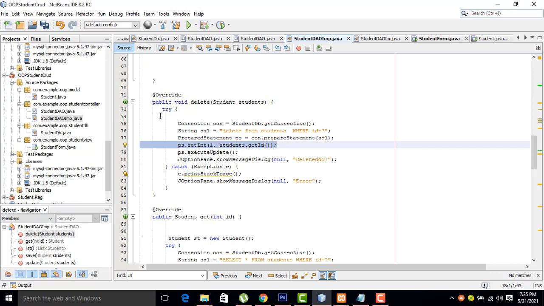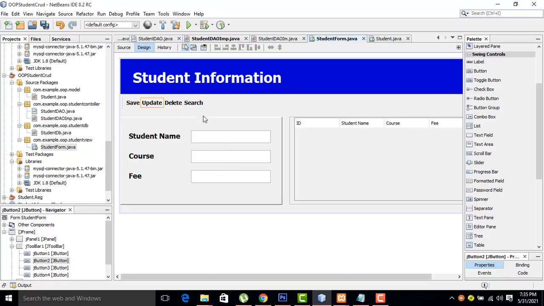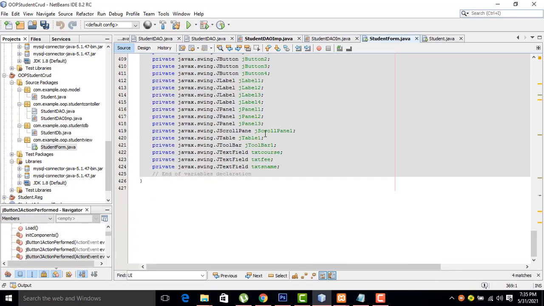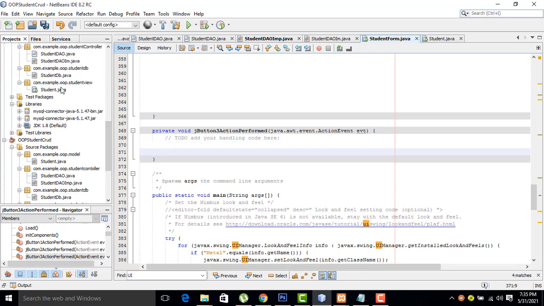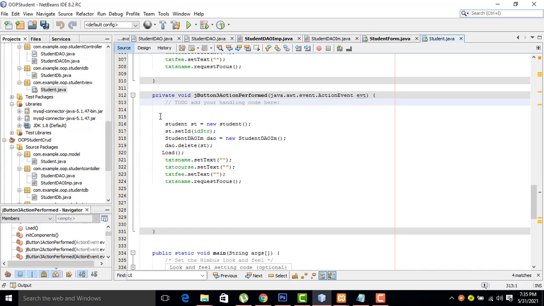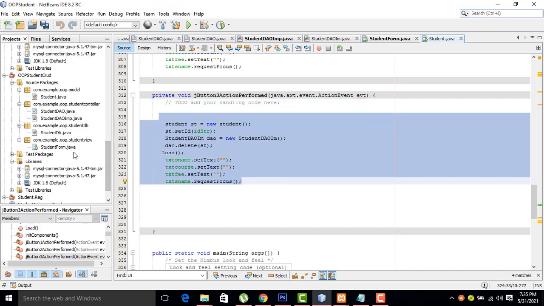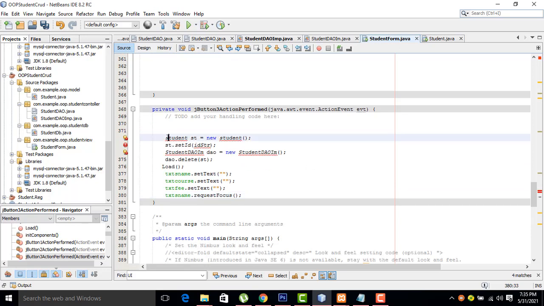Right. Now let's go back to our form. In the form, I'm going to the delete button. Double click, and here I'm going to get the code. The same code. This is simple code. See, paste it here, right? The student class is a model. This model, student DAO,